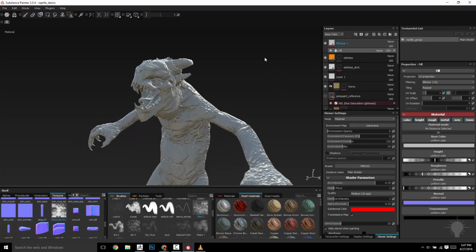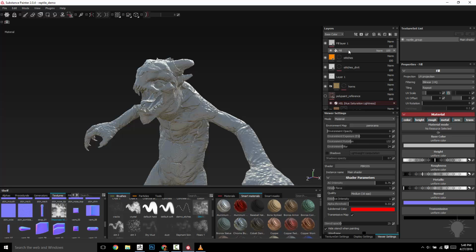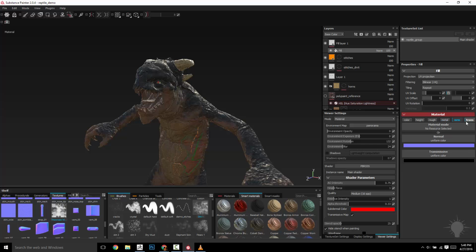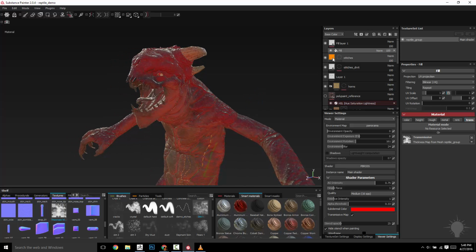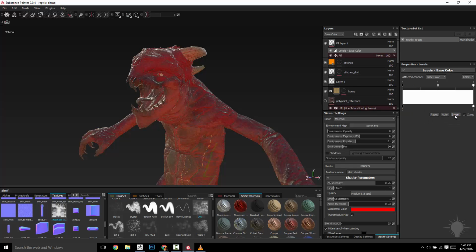So I can't do a levels to this one, but I can do a levels to this one. So this is where things get exciting. Again, I'm going to turn off everything but transmission. I'm going to drop my thickness map right into that transmission color, and now we have transmission. Now I need to invert this thing. So what I need to do is right-click, add a levels, and on here we're going to click invert, and